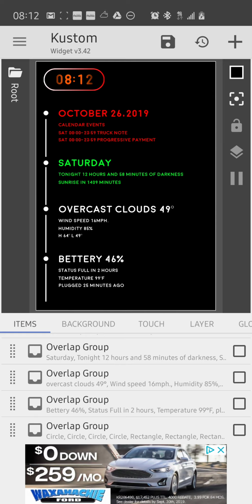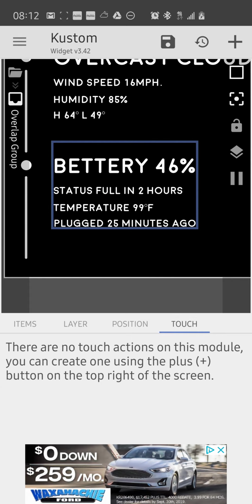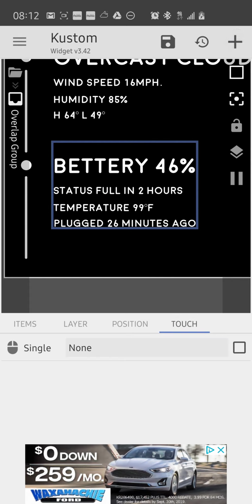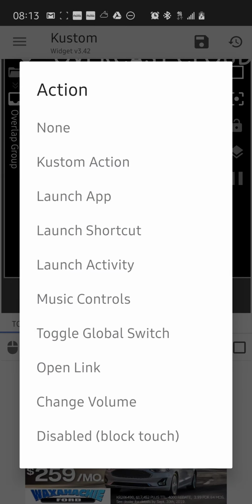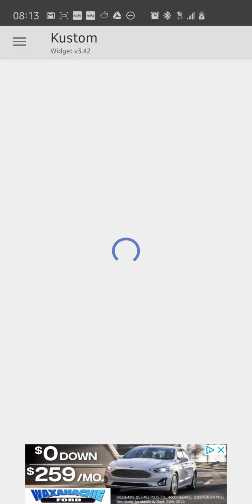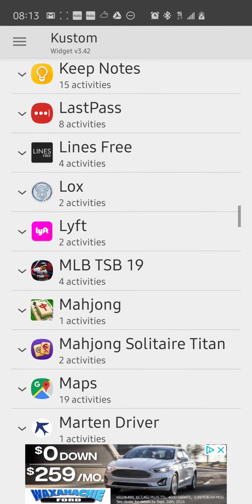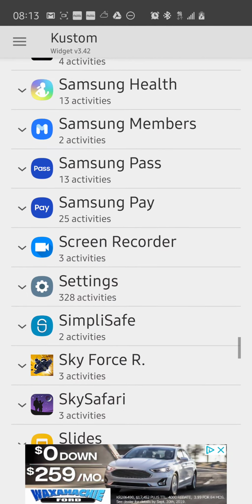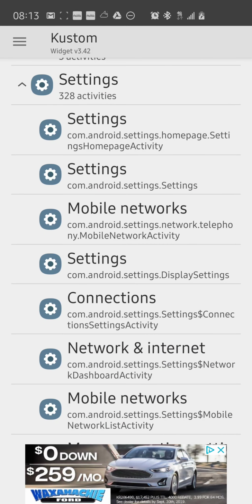Let's do touches real quick, and I will show you how that kind of works. So battery 46%. So if I click on anywhere on there, I can click there, tap, and launch activity. Go to activity. And we can go to settings and go down to